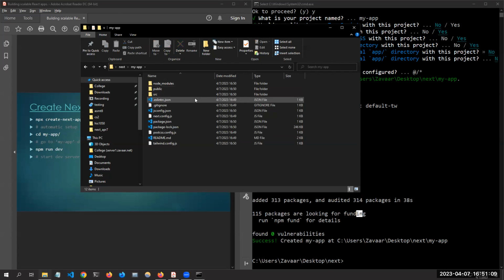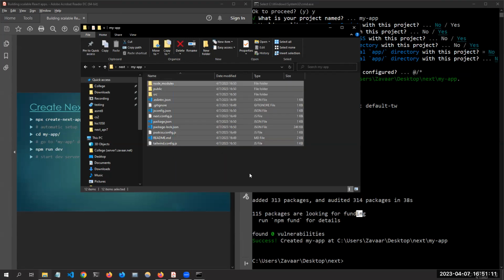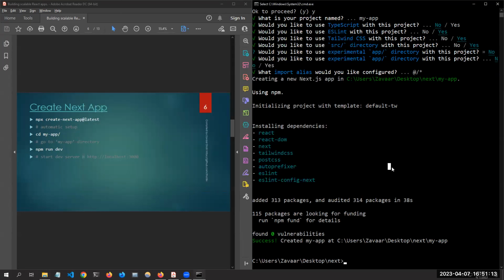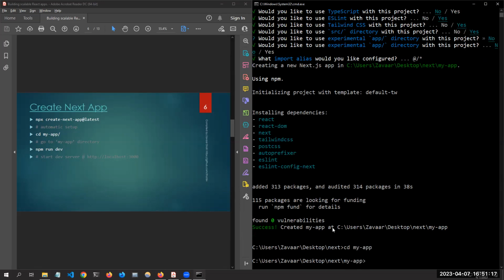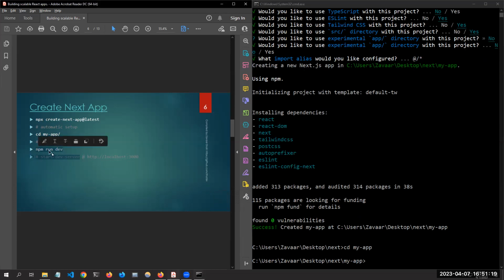And in here we have all of our project files. So I'm going to go ahead and do cd my-app, get into that folder there. And then you could run npm run dev. I also forgot to include this, but I have it. Just FYI, we have the